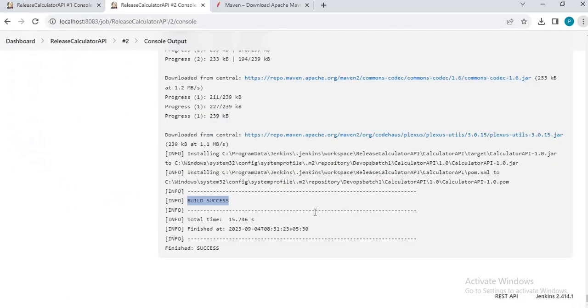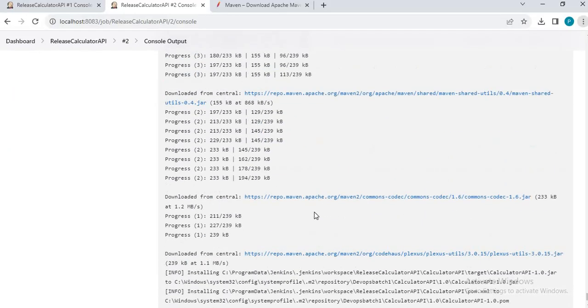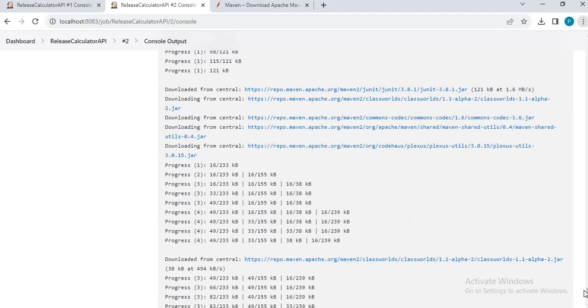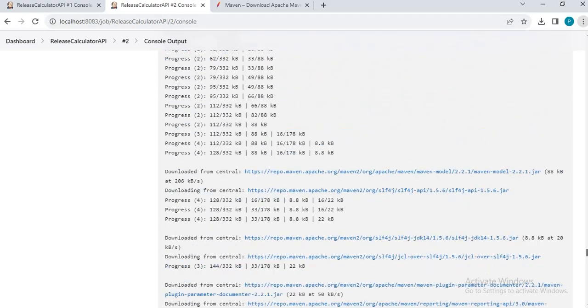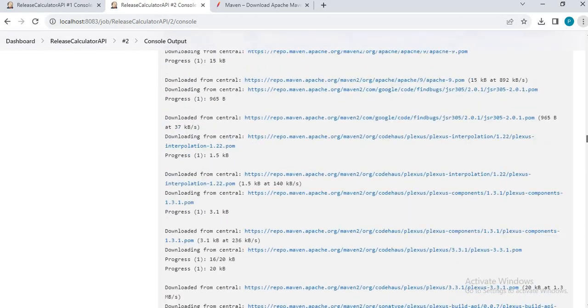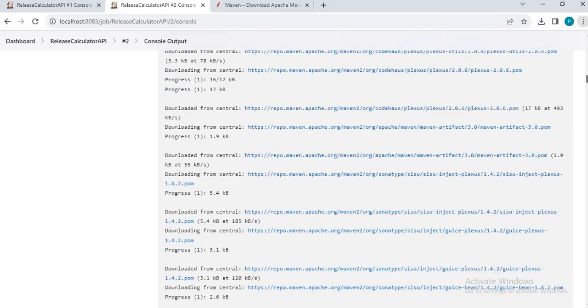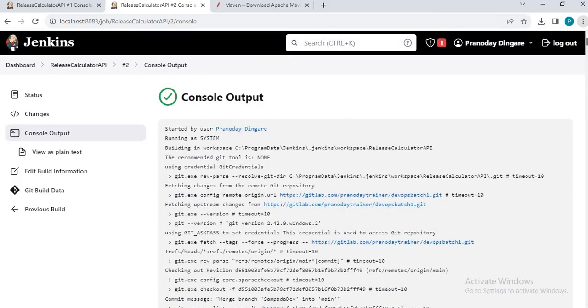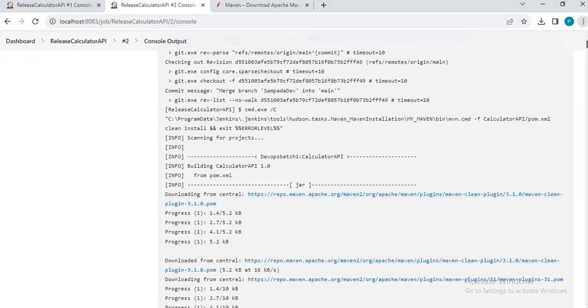Now let's check out the logs as well. Let's scroll up and check out the logs. Right, let's check from here. So here it has cloned the repository, and the latest check-in is from Sampada. Her request has been merged.